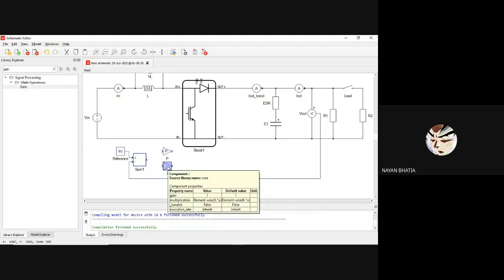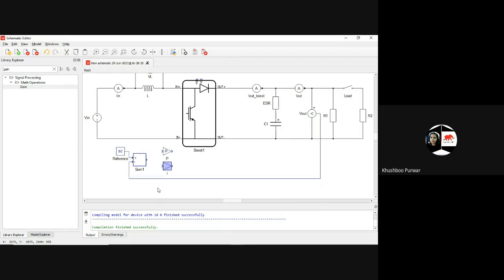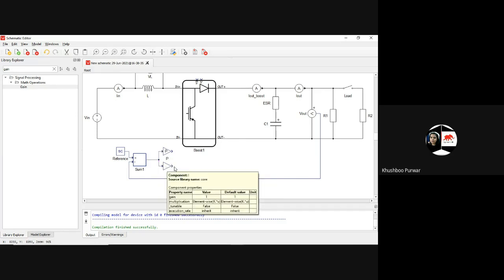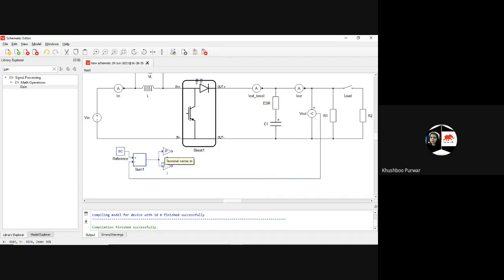Now the output of this will go to the proportional band, and another will be, this is how we have designed the PI controller. This is my PI controller. This PI controller will eliminate this error, the error which we have received at the output of this summation.